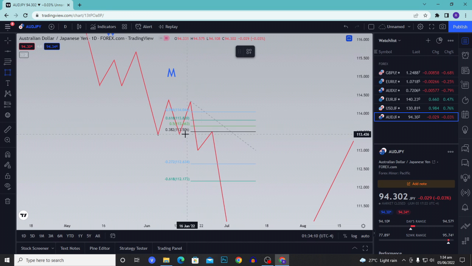Like for example, right here, we had two support areas that correlate with the 0.382 point on the Fibonacci. So then we look for price to come up to this 0.382 point,